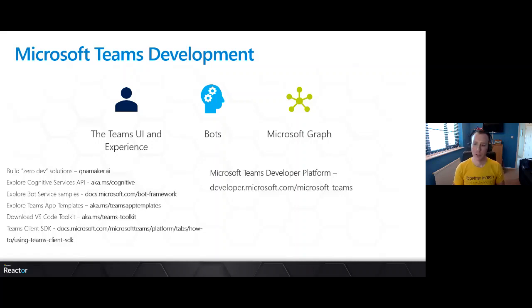If you want to just build something I haven't even shown you about, go to qandamaker.ai. If you want to do something in 10 minutes, if you've got a list of questions and answers and you just want to build a bot out of that uses natural language processing, then just go and do that, because that's really simple to do today. Go and download the toolkit, do some scaffolding to understand how to build a tab or how to build a messaging extension. Go and do that this week. I think you'd be really surprised at how far you can get and what happens.